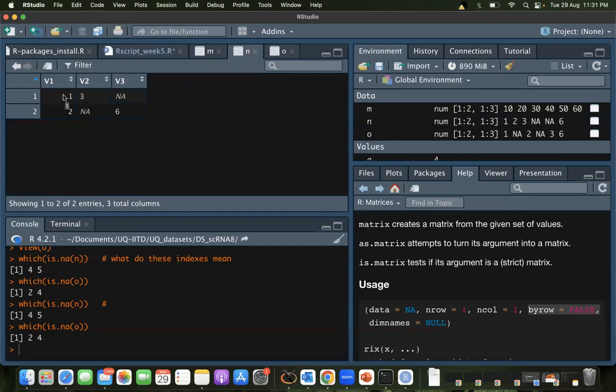So this is element 1 and 2 and 3 and 4 and 5 and 6, because the matrix is read column wise by the which function. So it's calling it the fourth element and the fifth element. Likewise, this one here says first element, second element. Second is NA. Third element, fourth element, fourth is NA. So it's giving me 2 and 4.